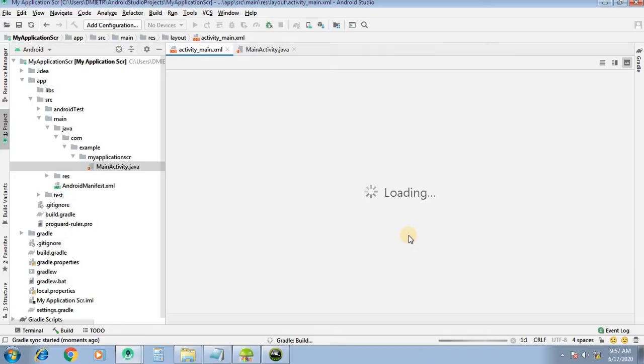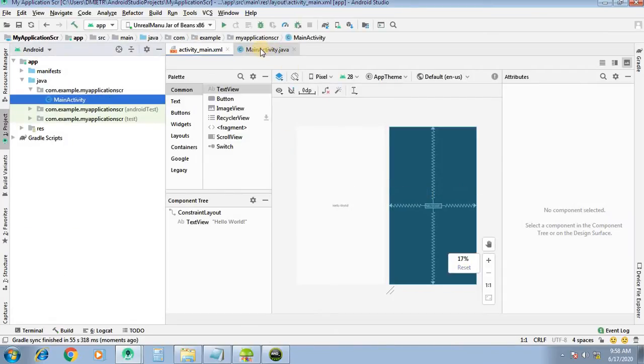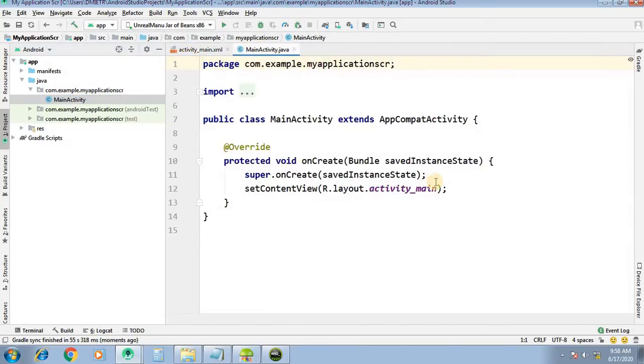Our project is loading now. Okay, it is loaded. So go to MainActivity.java.